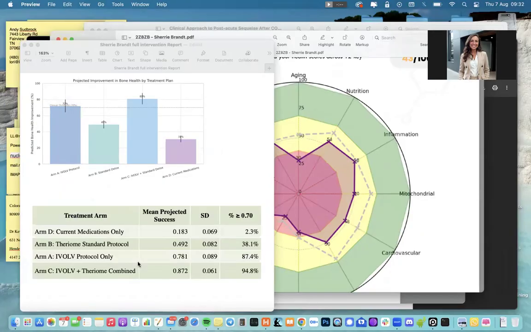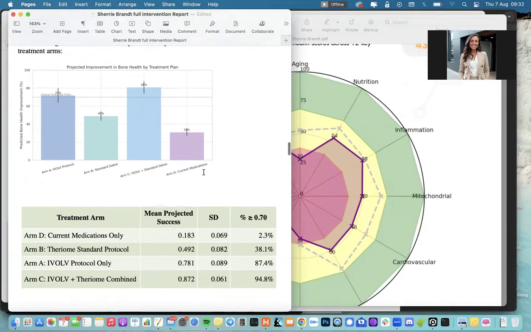However, we take it a step further because she's a very interesting case. So we need to work with her. We need to maximize her chances of success. So the green here is the intervention based on the test alone. The darker blue are the interventions from Evolve. And then the lighter blue, which is the best